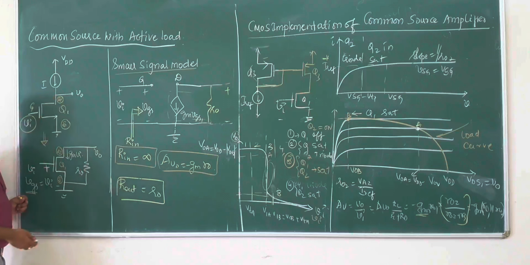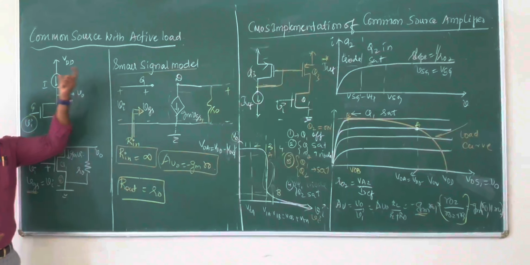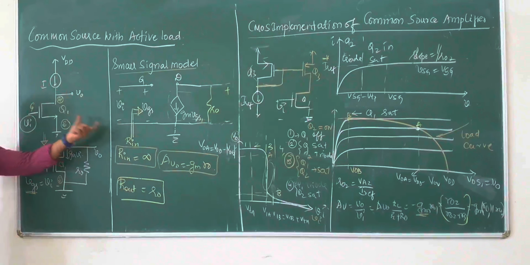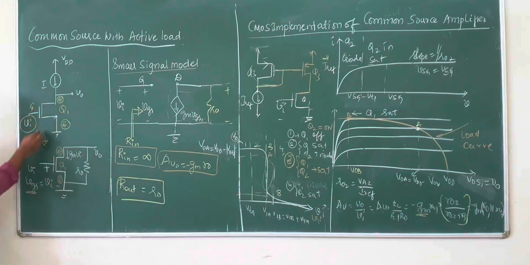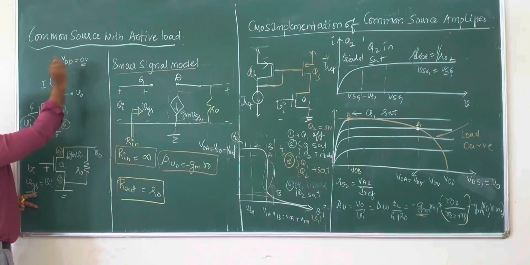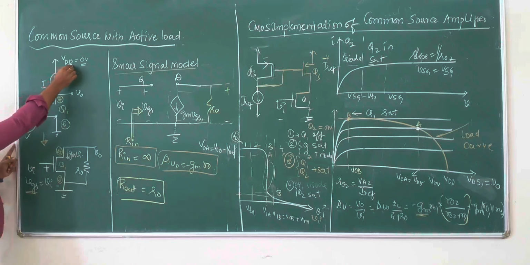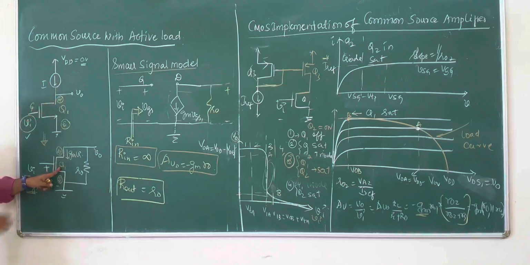Now, to determine or derive the amplifier parameters, we need to write a small signal model. How do I write a small signal model? Before going to a small signal model, go for an AC equivalent. The circuit will be reduced to an AC equivalent circuit, where, from the theory, this is a DC source, so VDD should be made 0. Only the response of this amplifier to AC is considered. VDD is made 0, the current source is open. So therefore, only the Q1 transistor will be there, and the finite output resistance of Q1 is written over here.